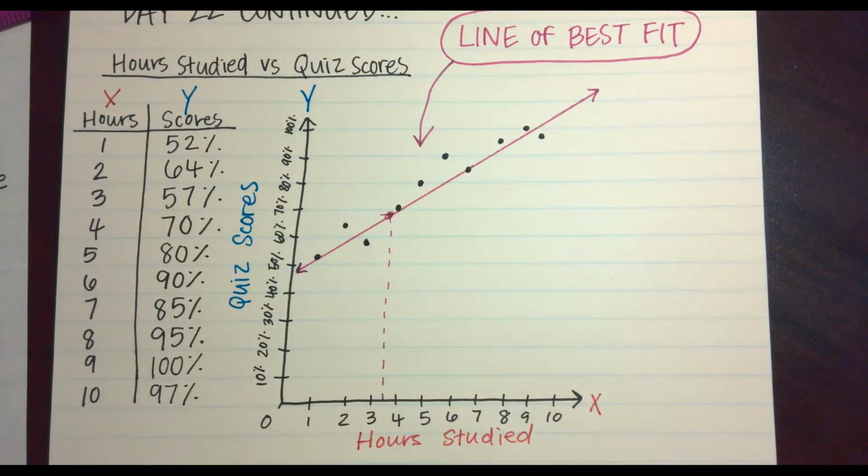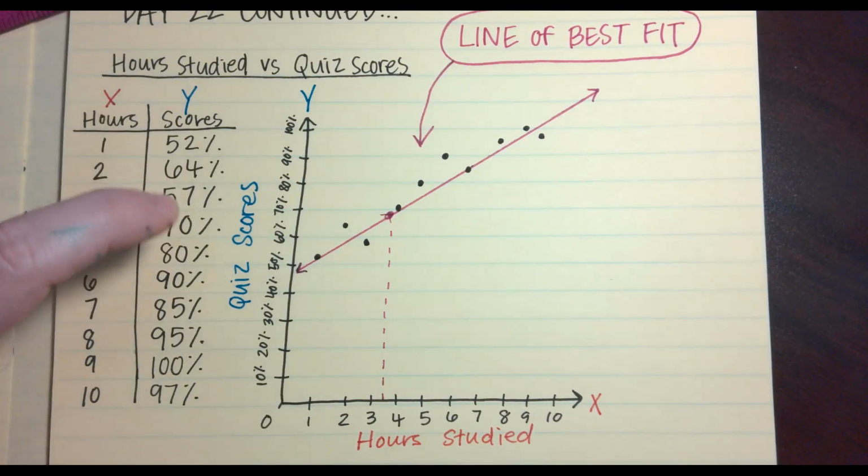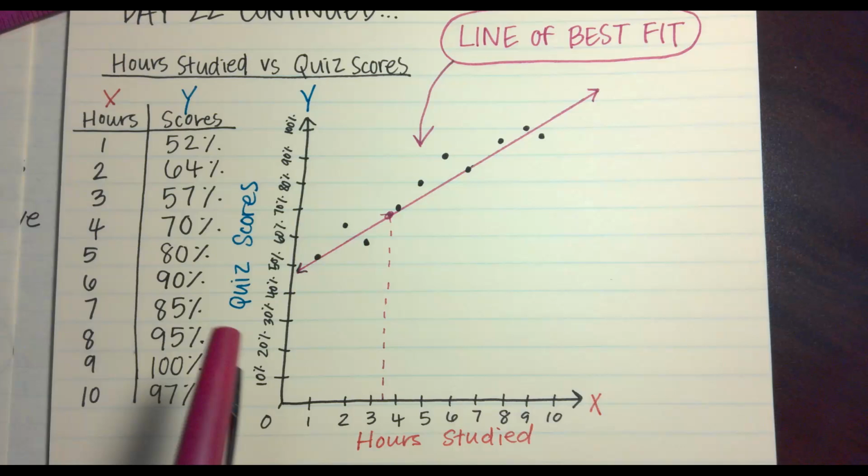So somebody that studies for 3.5 hours, I hope that this is not accurate information, because that would suck. Studying for 3.5 hours and, you know, I don't know. That'd be rough. But if we were to use that line of best fit, we can then predict data that we don't have to collect. Now, is that going to be accurate data that we can say for sure, if you study this much, that's exactly what score you'll get? No, we don't know that. This is what we can use, though, for estimation.